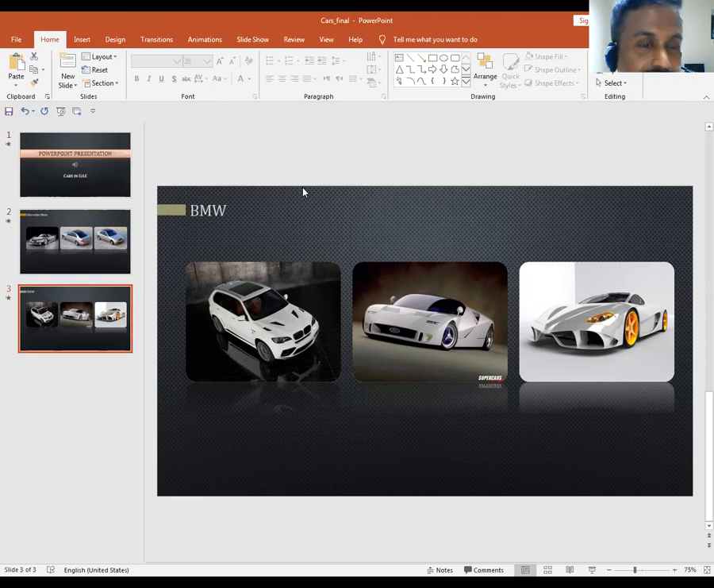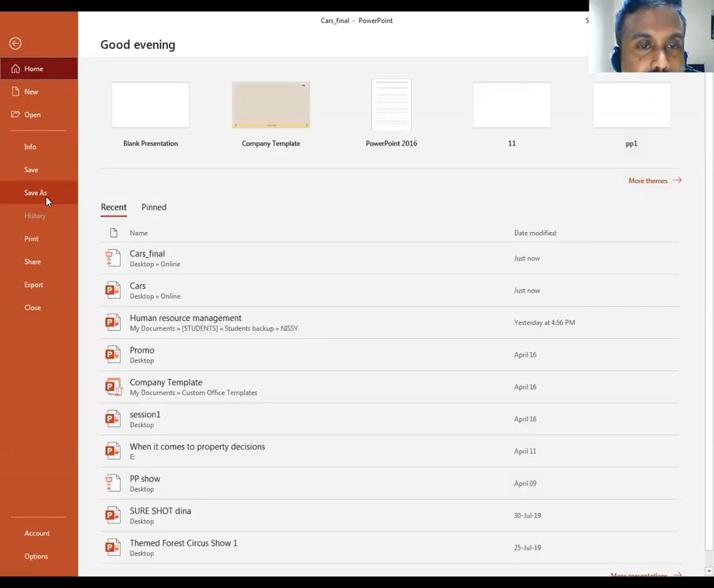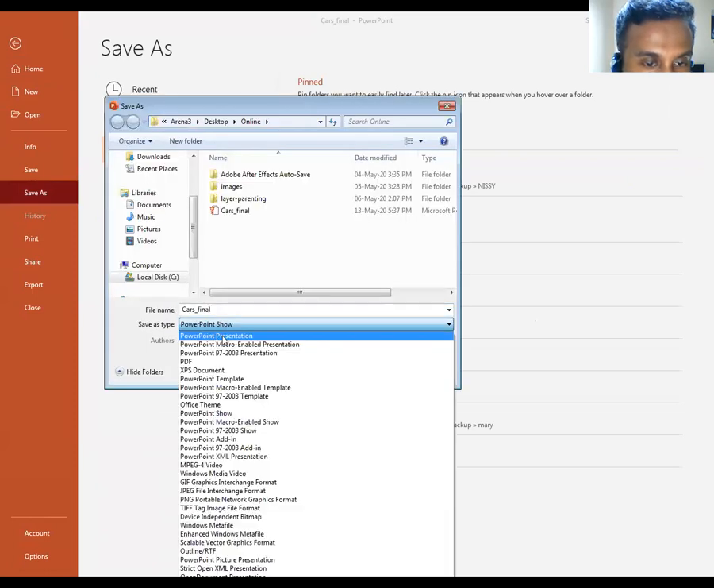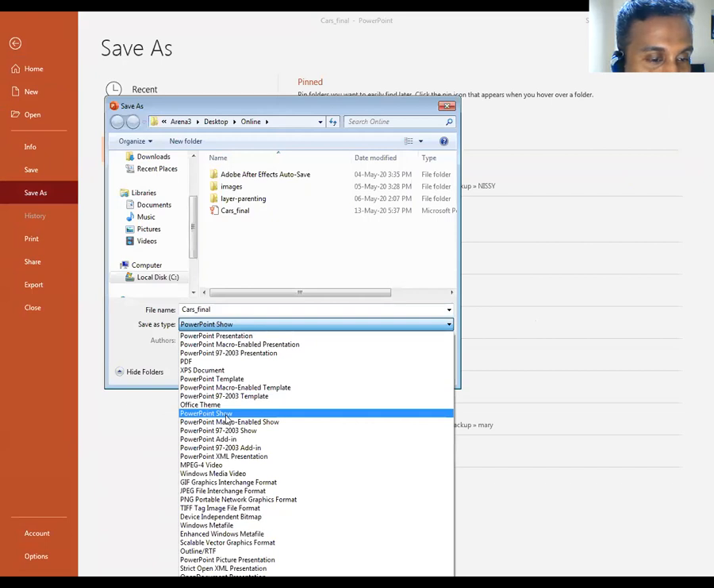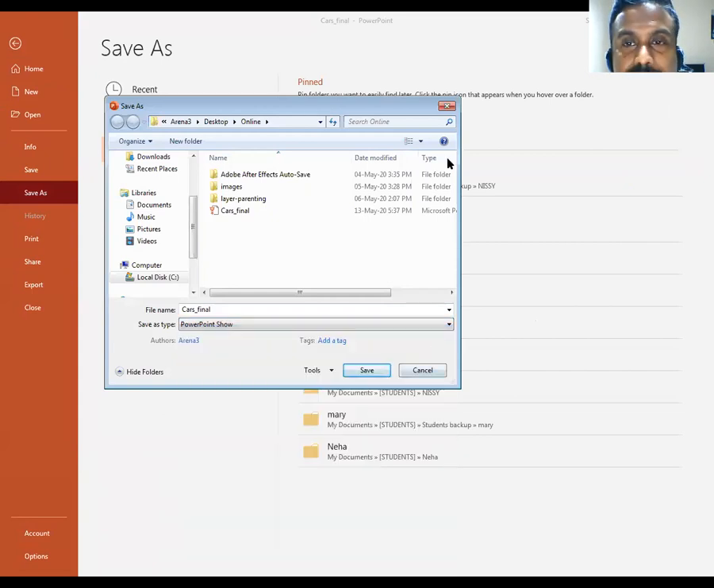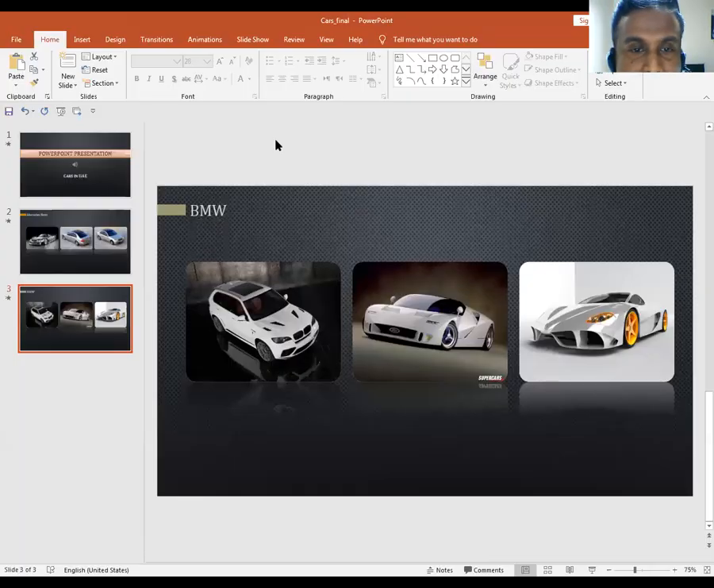So how do I select that one? With the save as file. File, save as. Now see this, PowerPoint show. Default is PowerPoint presentation. We'll change that to PowerPoint show. Got it? That's a PowerPoint show file. That's the difference. So two types of files we can have. So that's it for